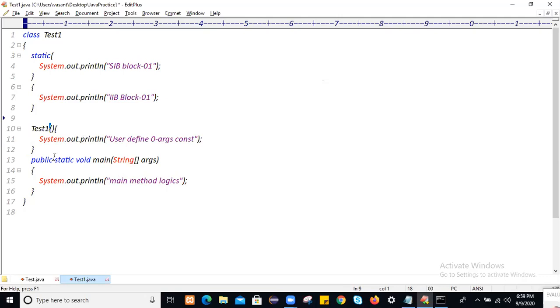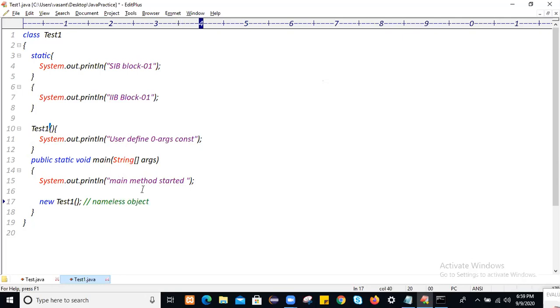So guys, you know the static block will get executed before going to start the main method. When you start the execution, before going to start the main method, first the static block will get executed, then execution will start at the main method. Let's suppose this is the main method. I will say main method started here. So the moment you create an object, this is the object creation statement: new followed by the class name. This is the nameless object.